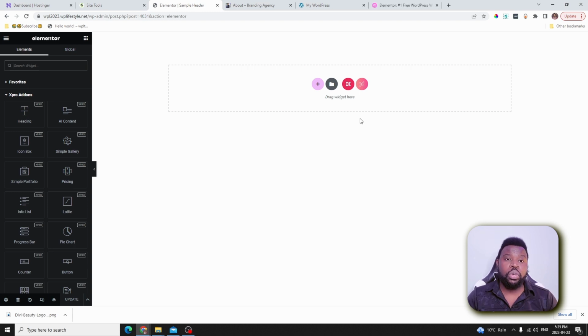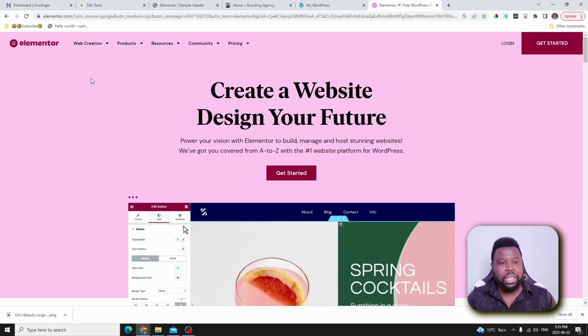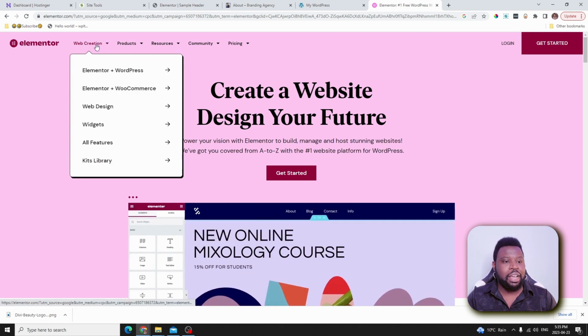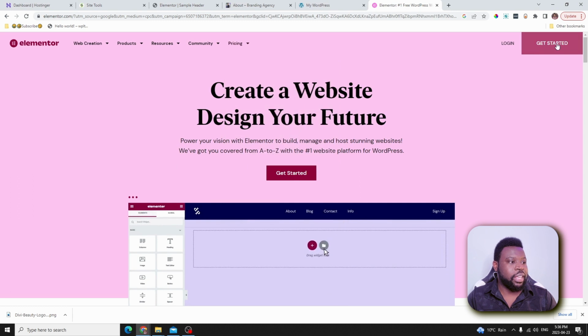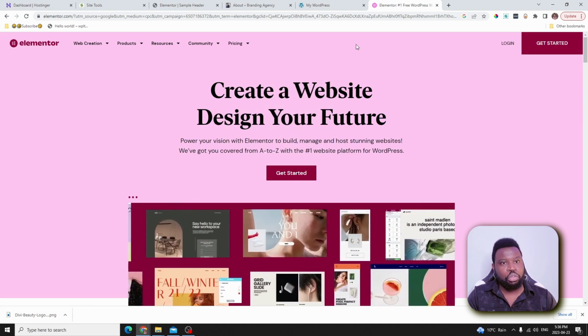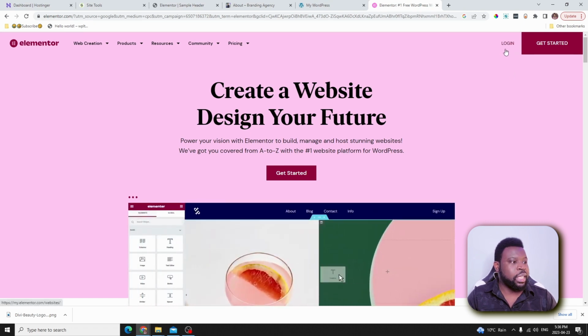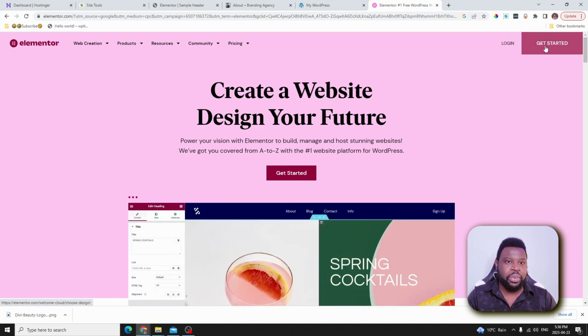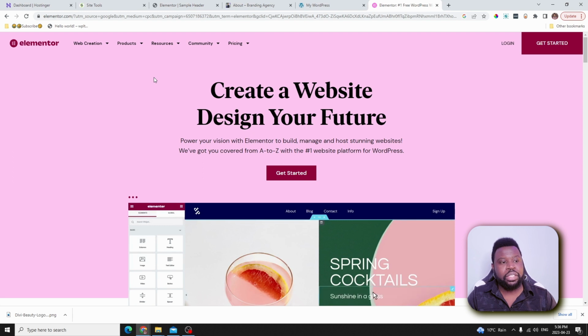So for this tutorial, we'll go ahead and take inspiration from Elementor's website, since we are using Elementor anyways. So we'll go to their website and see what the header looks like, and then we can take some inspiration from there and maybe use the same layout to create our own header. So let's go to Elementor's official website. You can see what they have here. They have the logo here, and then they have the menu item, and over here they have a button, and they also have a login option right here. So maybe for our own website we don't need the login option, but we need this button right here. We can go ahead and create something like that.